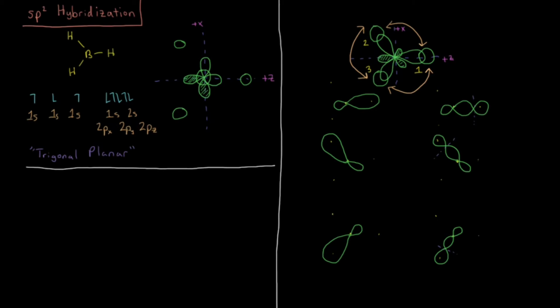Just like in the previous video, one of the things we're going to notice is that the overlap between the 2py of the boron and the 1s of any given hydrogen atom is going to be 0. Because that overlap is 0, there's going to be no net bonding with that 2py orbital. So that is going to lead us to call that,